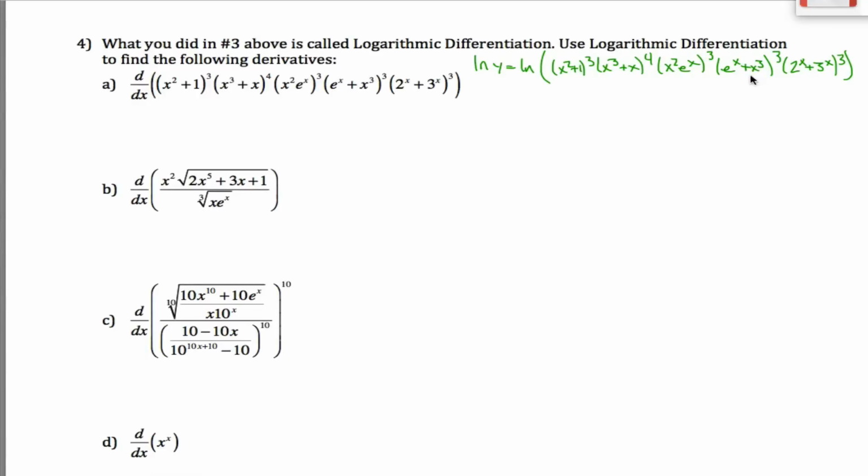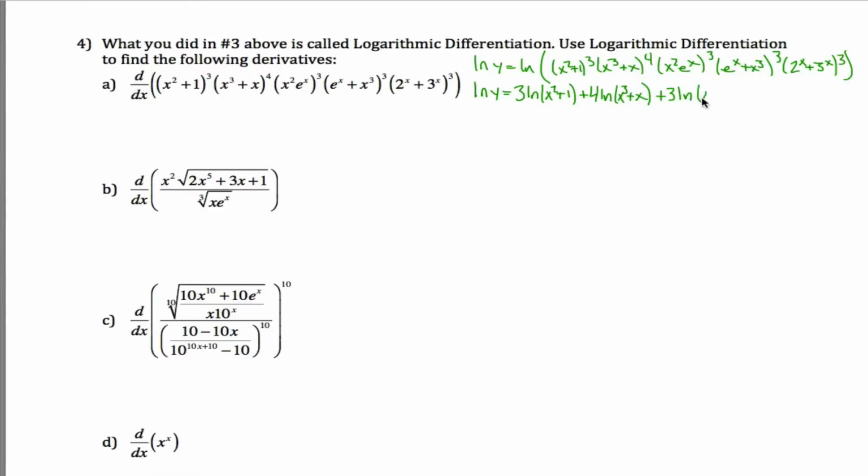Why is that useful? Well, because you can use your log rules to break this up into the natural log of each of these different things. The natural log of something times something is the natural log of the first thing plus the natural log of the second thing. So all these multiplications I can rewrite as addition. Furthermore, I can take any of these exponents and bring those down in front of their respective natural logs. What I'm saying is when you apply a bunch of log rules on the right-hand side here, you get 3 natural log of x squared plus 1 plus 4 times the natural log of x cubed plus x